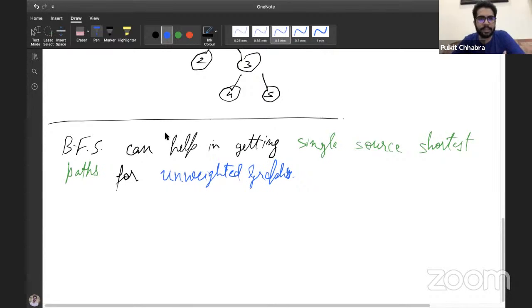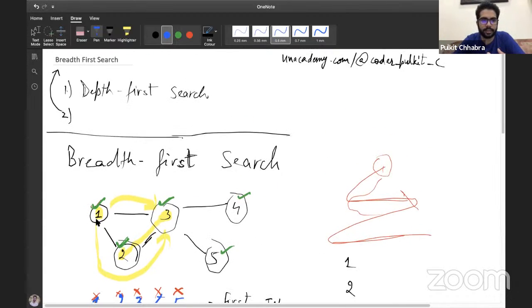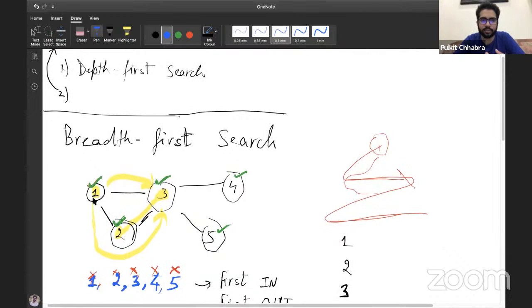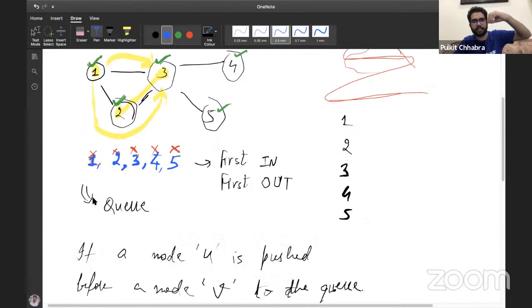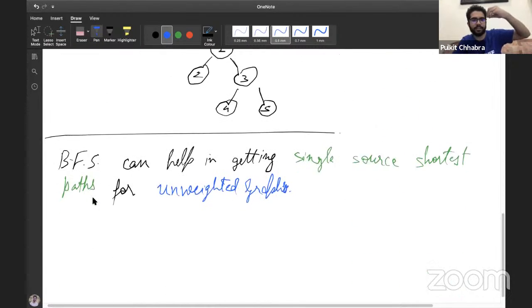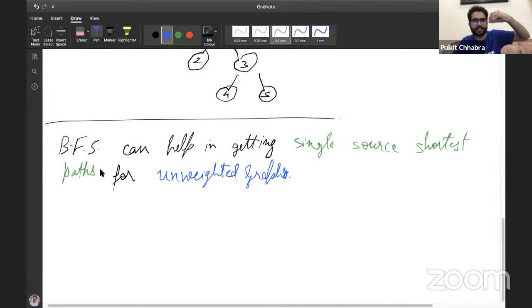When you are applying BFS from the source, for example from this node 1, imagine that you hold the whole system by holding the node 1. So gravity will do its work, and let's see how the system will look.